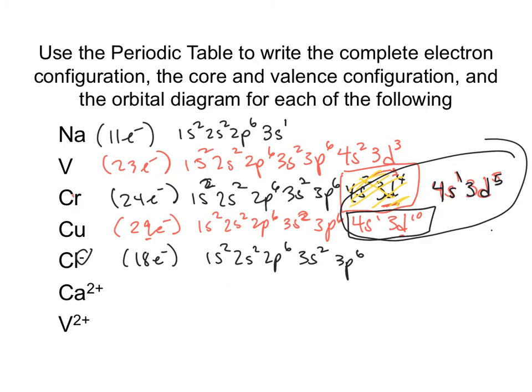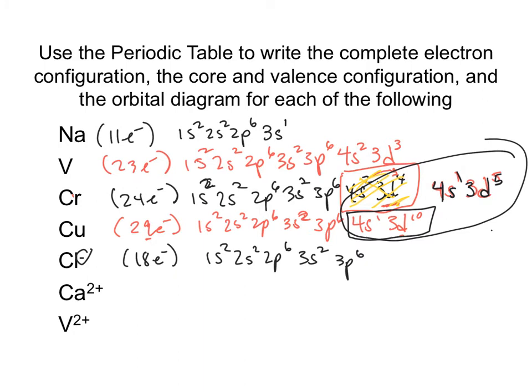And notice that has the same configuration as argon. So the act of adding that extra electron to chlorine, which originally would have been 3p5, now gives it the same configuration as argon, and so there is stability associated with adding the extra electron to form the negative ion,